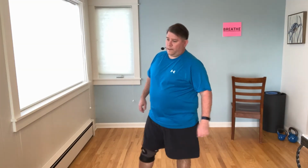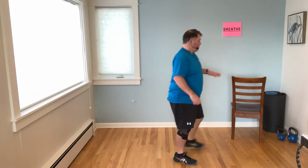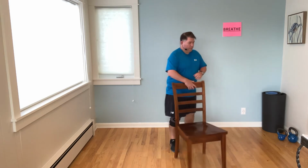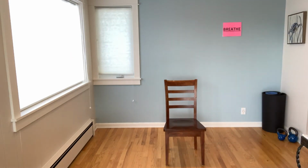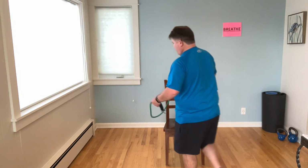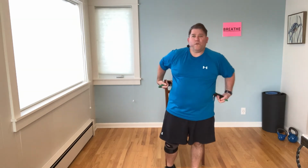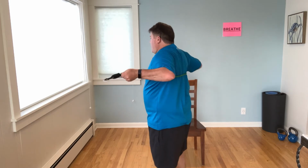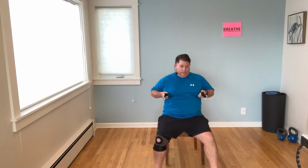Okay, the next one we have is the chest press with the seated lean back. So let's grab your chair again, and then your resistance tubing, with or without handles, but you're not going to need the handles most likely, depending on how long your band is. So what we're going to do, around the back, just below the armpits, and then taking a seat back. Okay, going on the first half of the chair, that way you can lean back slightly to get